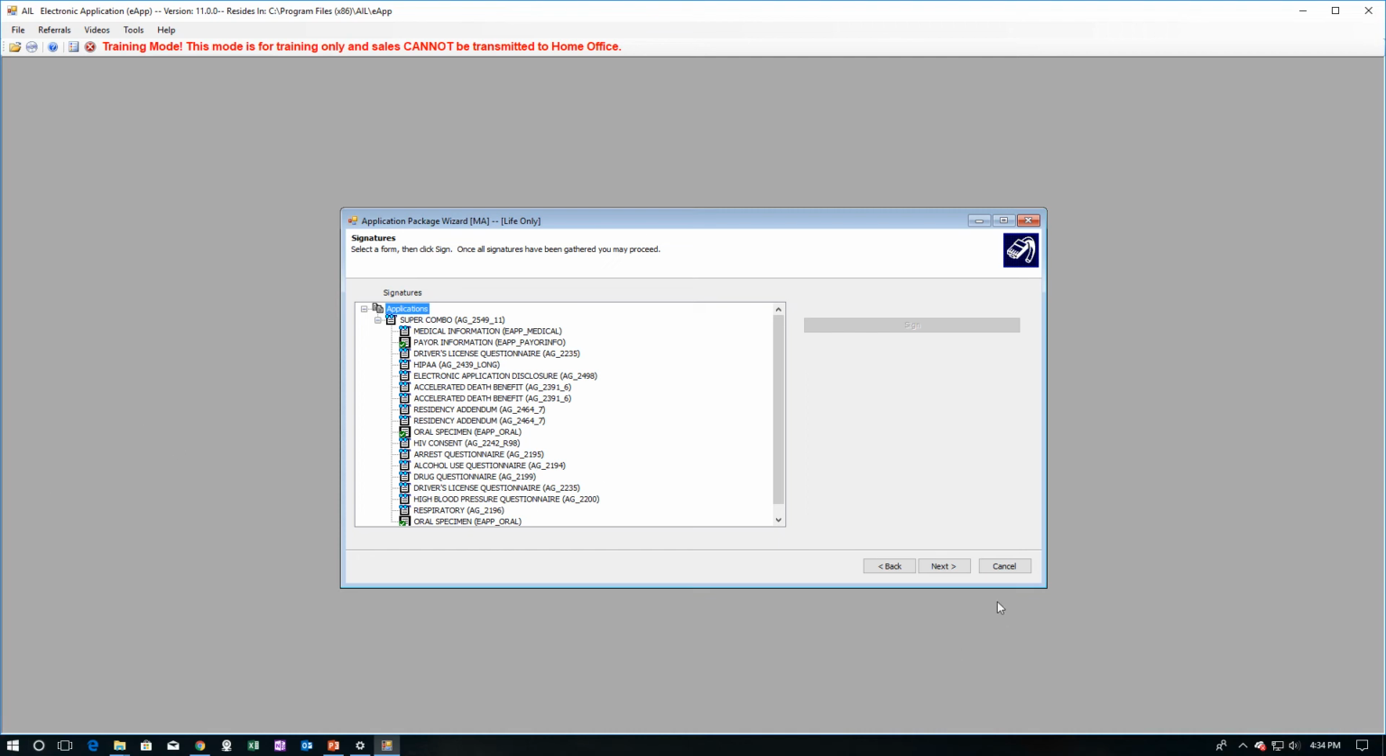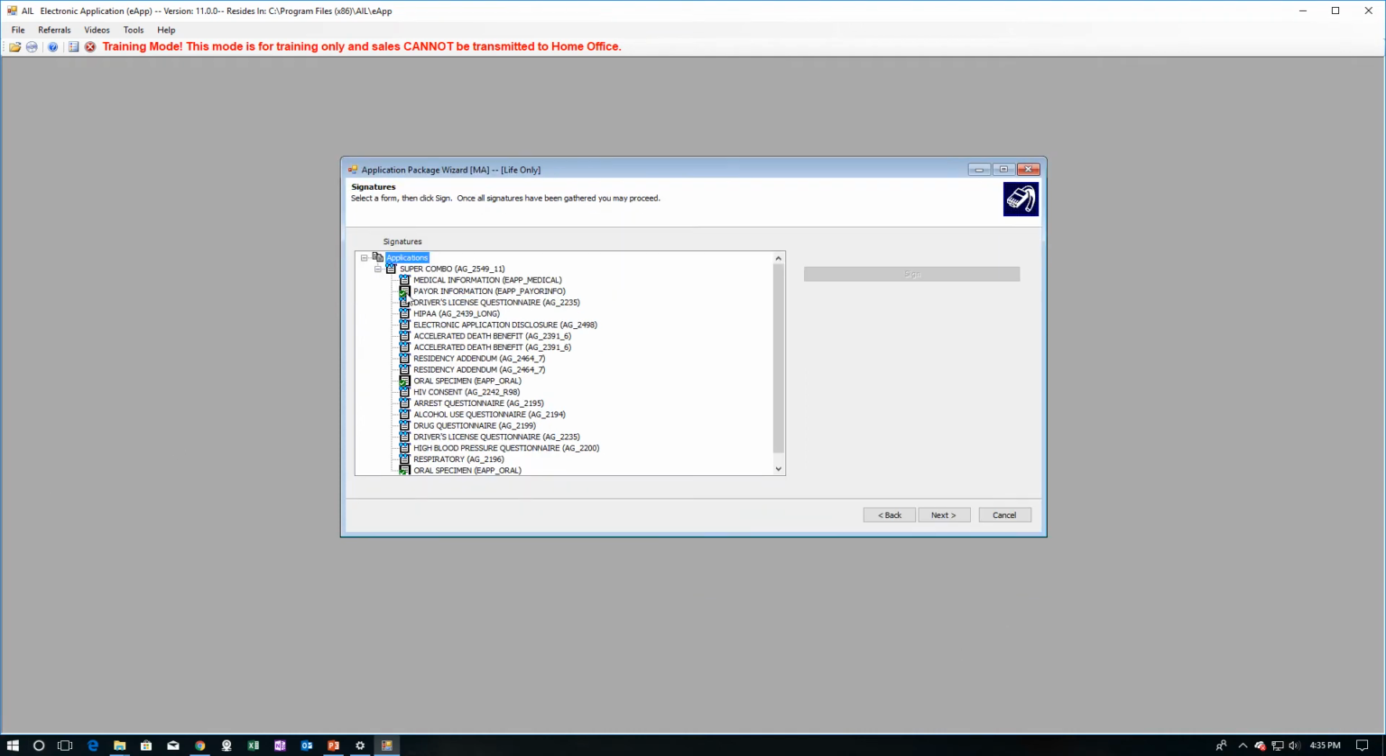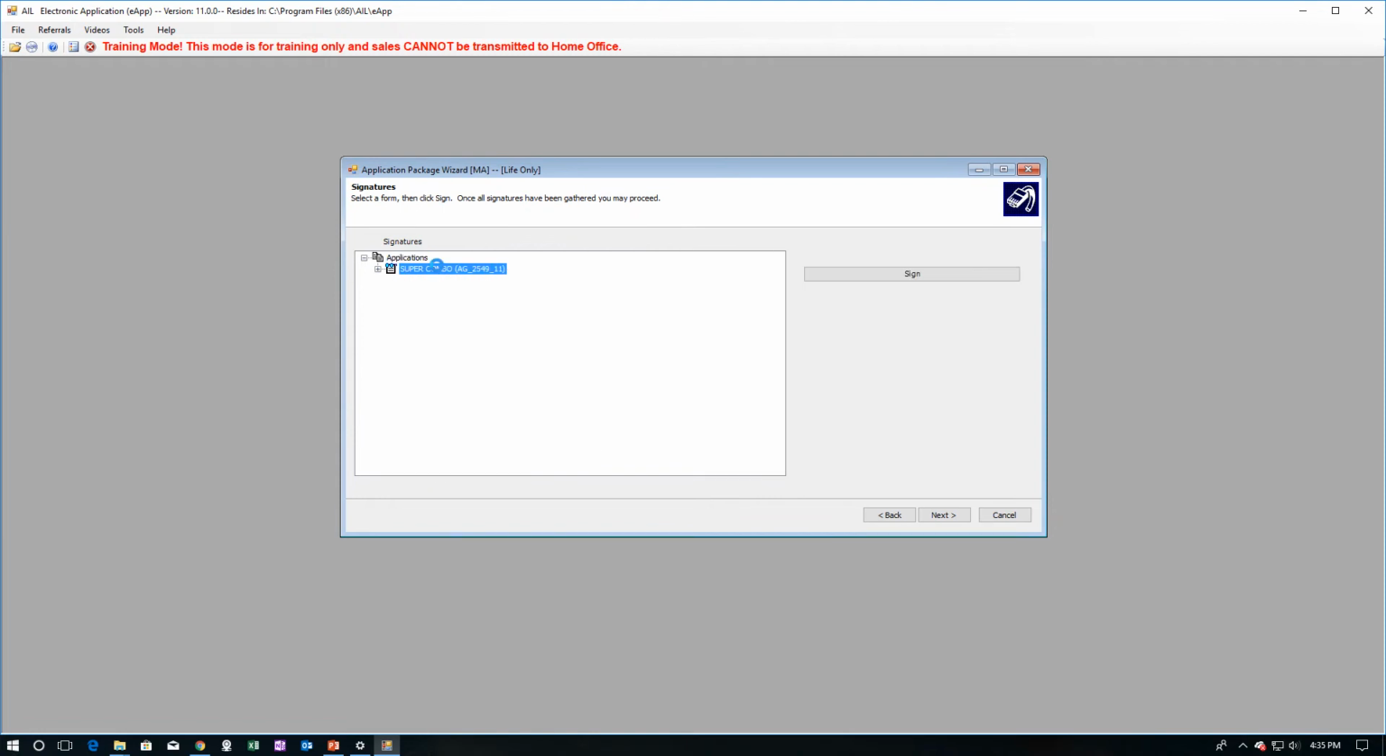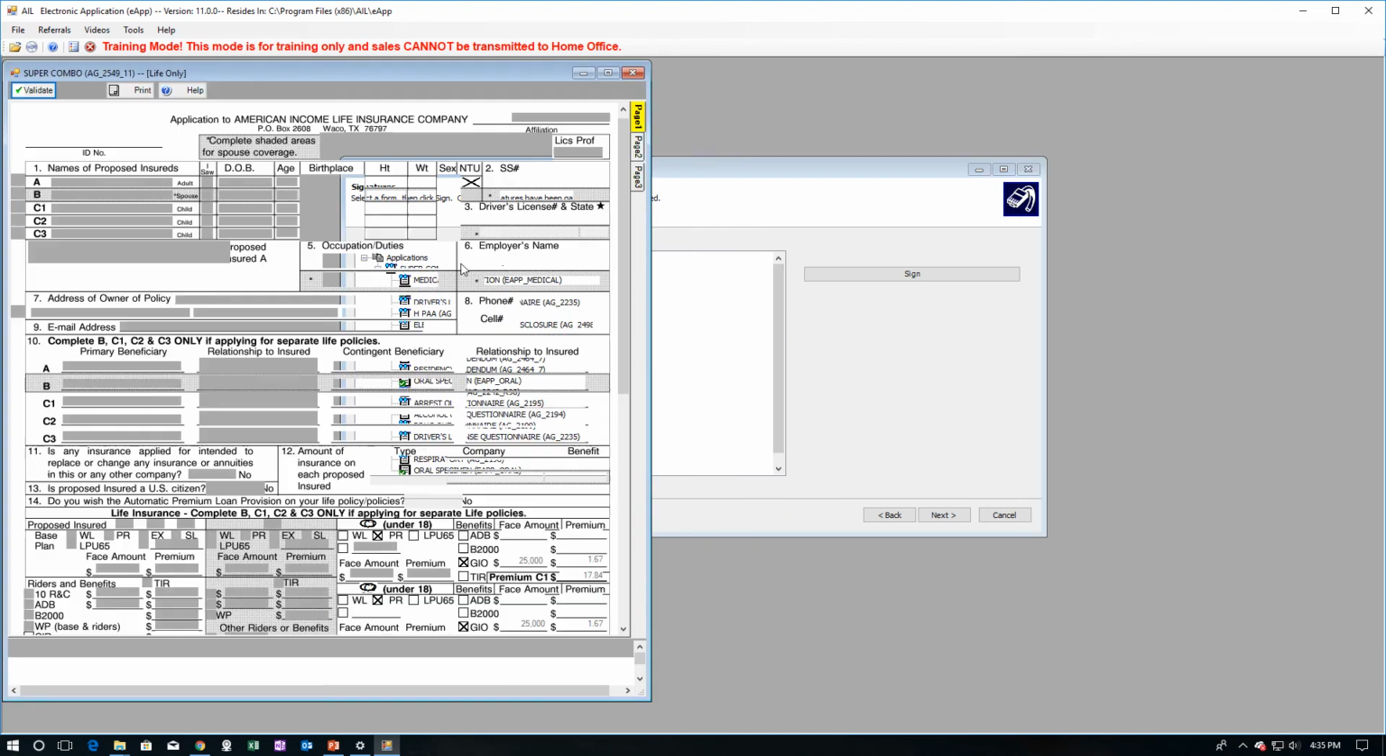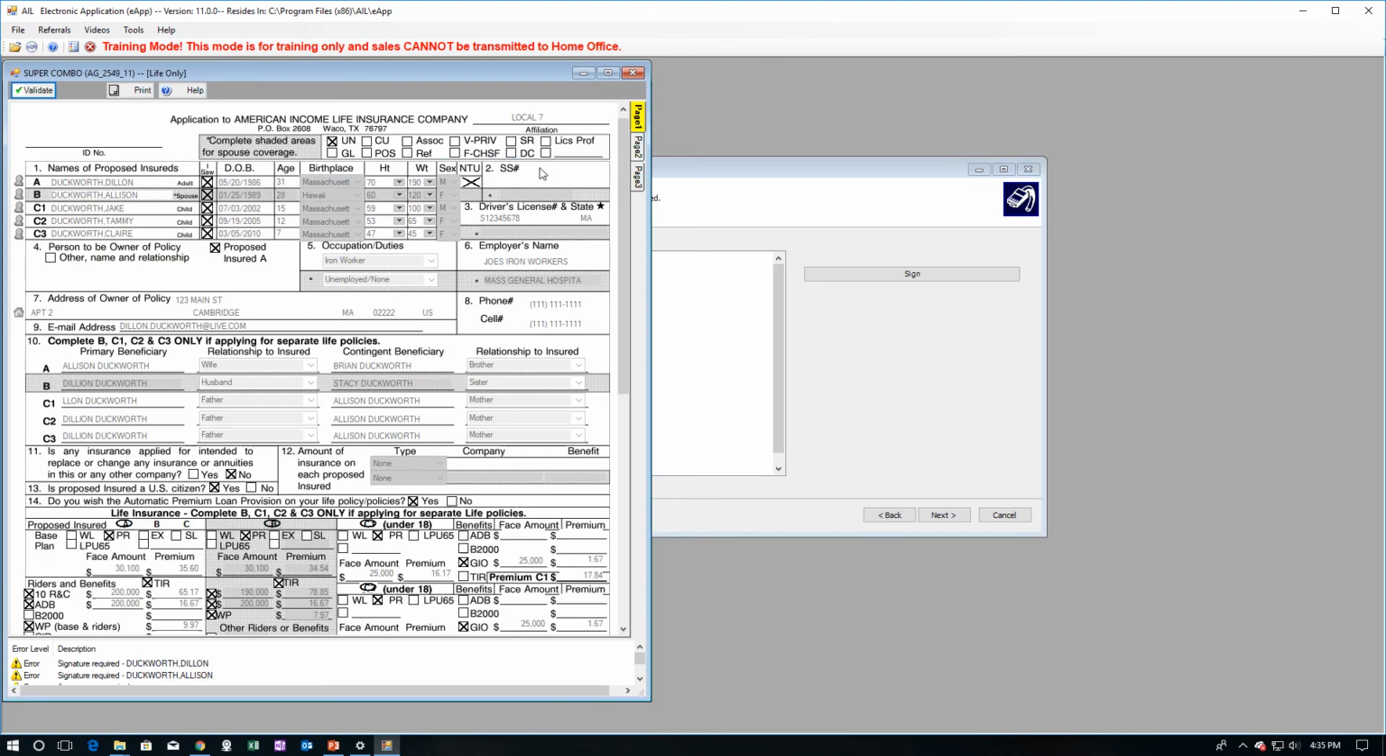All right, guys, so we had just clicked next. This is going to lock everything up. As you can see, I have some green check marks. Those mean I do not have to sign those, but we're going to open up Super Combo. I'm going to fire through the rest of this whole application process, finishing everything out, closing everything to the end,